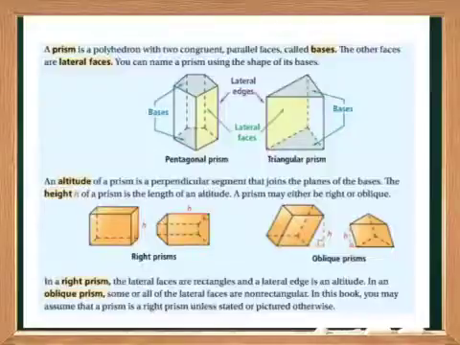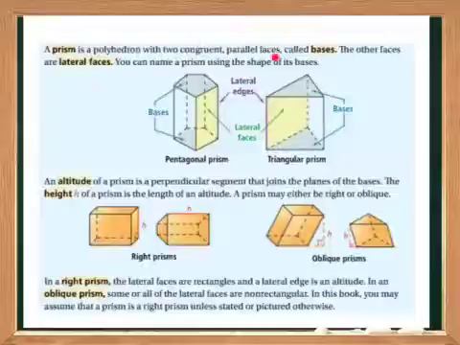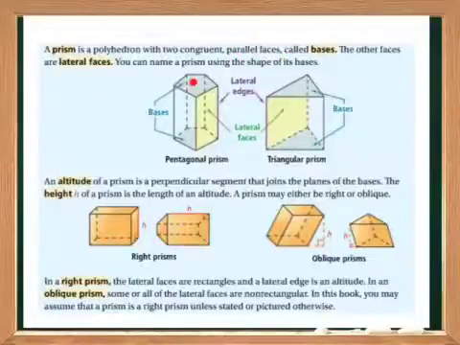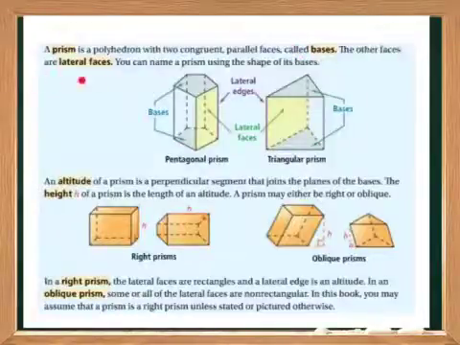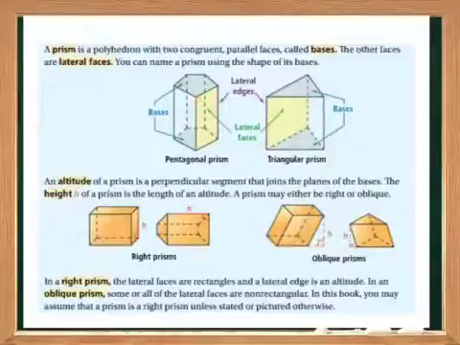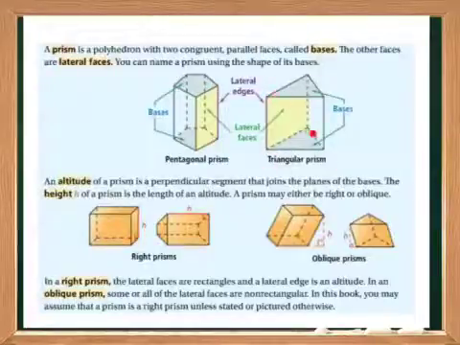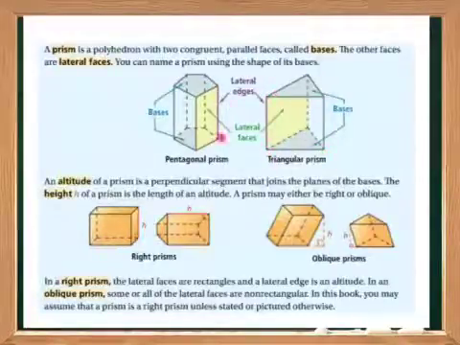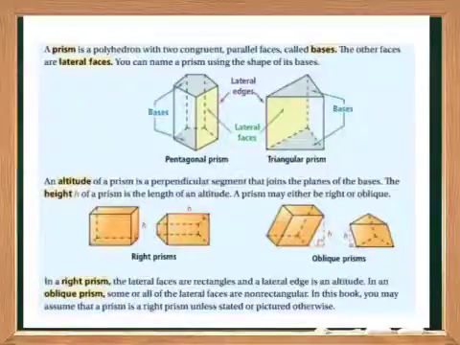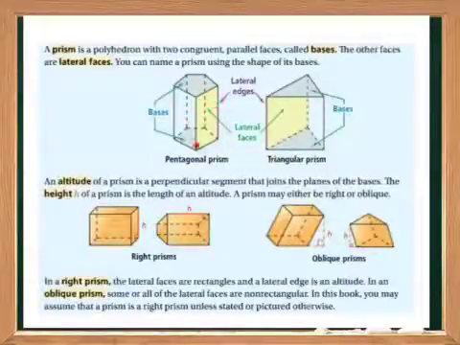terms mean. A prism is a polyhedron with two congruent parallel faces, so the top and bottom in this case, and those are called our bases. The other faces are called our lateral faces, so those are these around, those are the rectangles in this case. You can name a prism using the shape of its bases, so this would be a pentagonal prism because it's made up of pentagons. This would be a triangular prism because the bases are triangles. So here we have our lateral edges, our lateral faces going all the way around, and our bases here and